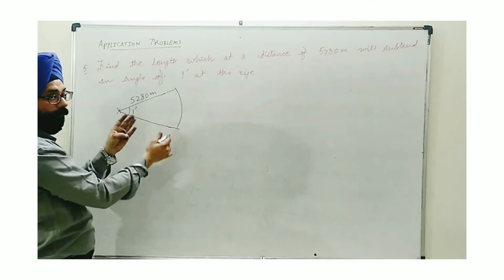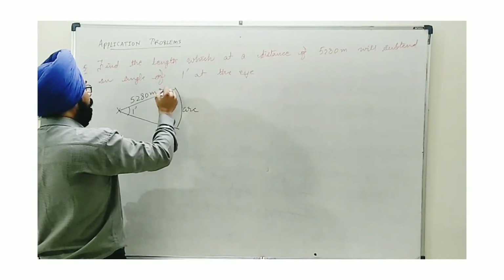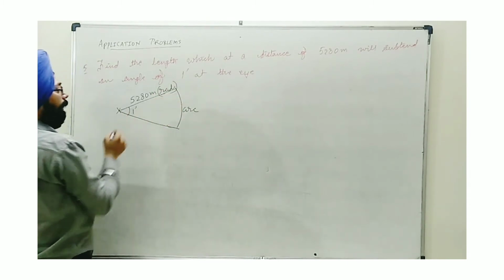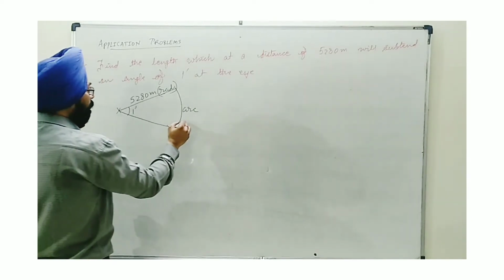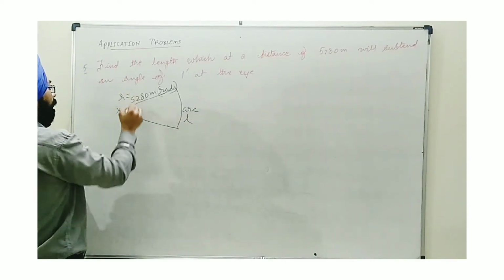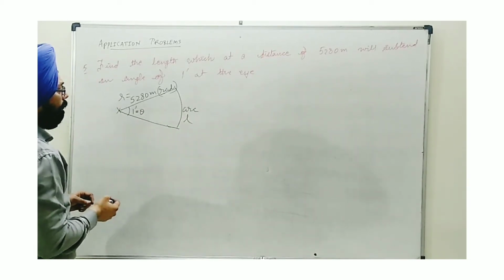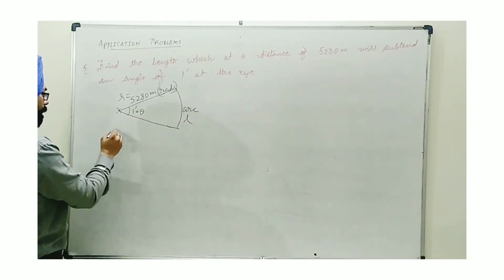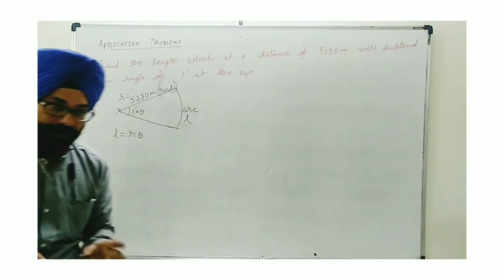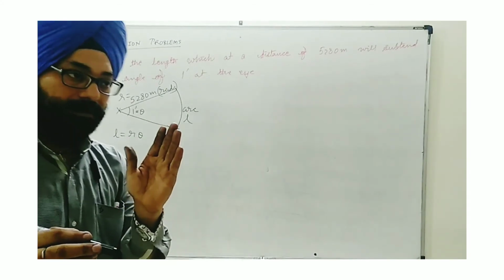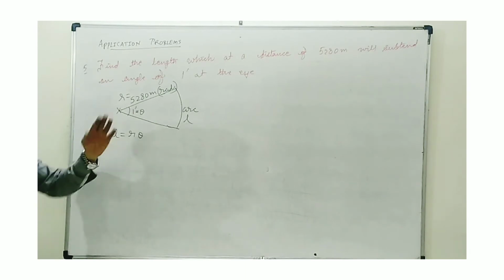So we are talking about the length, which means we are talking about the arc actually. This is the arc, this will be the radius and this is the angle theta required. So we are using the same concept of the previous equation. This is L, this will be R and this is the value of theta. Here L is unknown to us. I will use the formula L equal to R theta. But theta used here must be in radian, because we have opted for this because of radian conversion only.